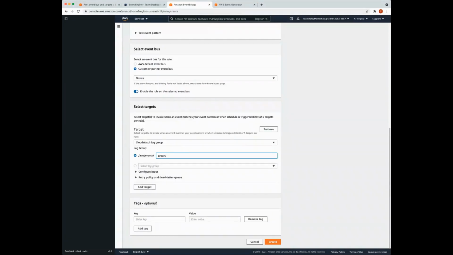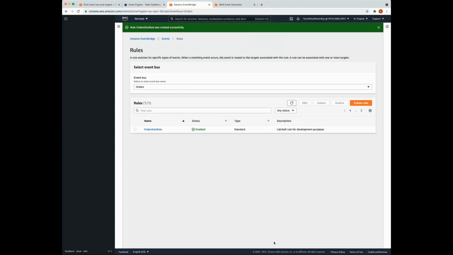Once we've done that, we're going to leave these tags blank in this case, and we're going to click create. All right, so we have successfully created an event bus, and we've created a rule to actually filter these events.